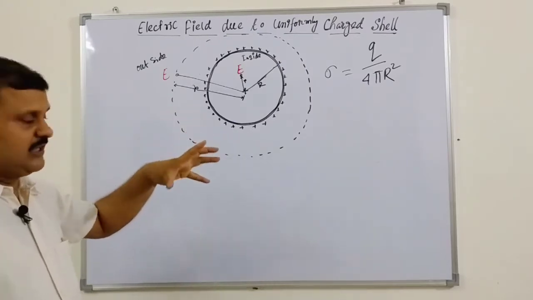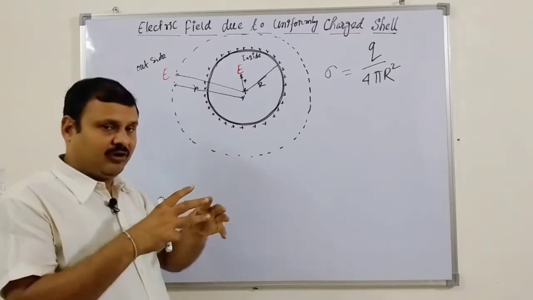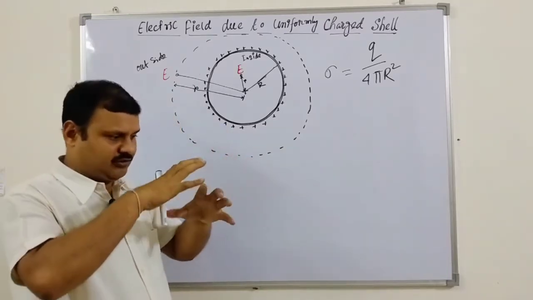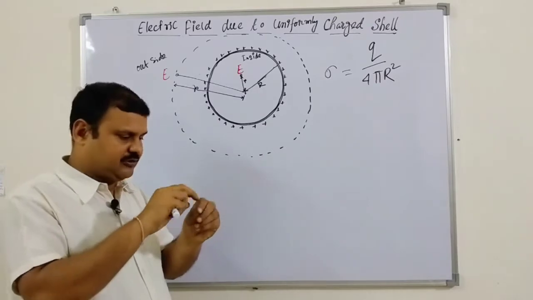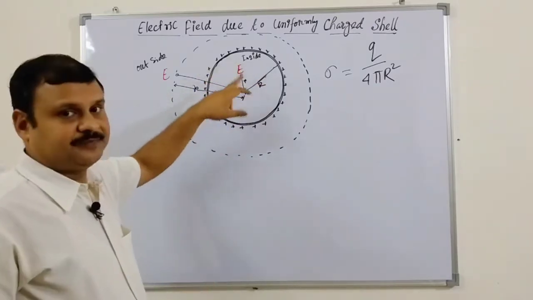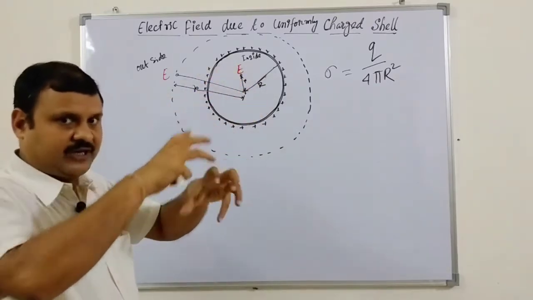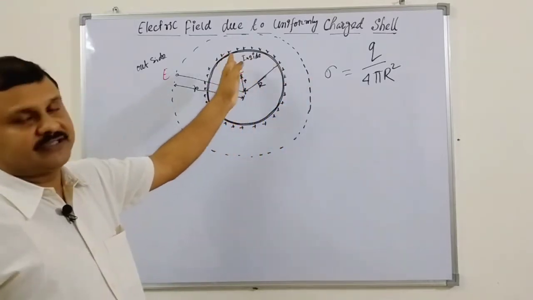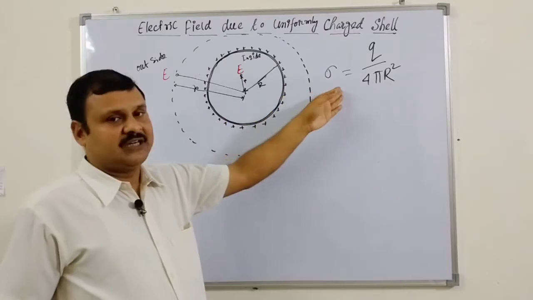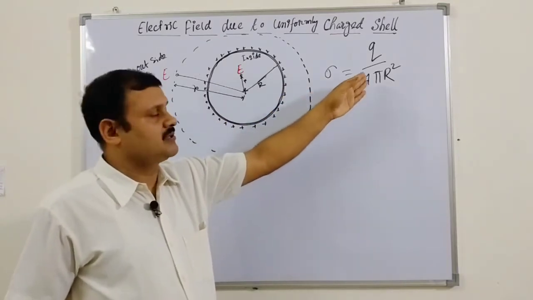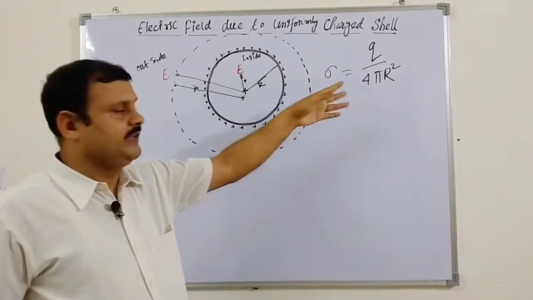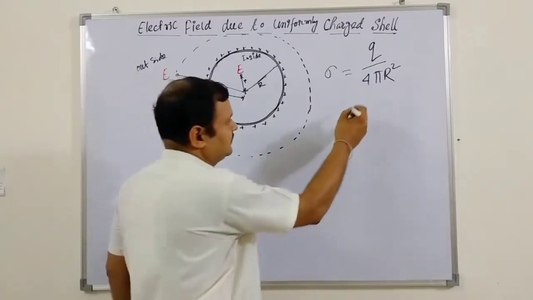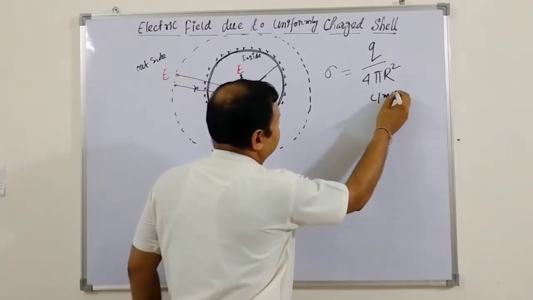And a shell is what? A shell is nothing but a ball. It is an empty ball. It's a very thin sheet, made in the form of a spherical ball. It's a very thin sheet, and it is a sphere. So the area would be 4 pi r square, and we are given the areal density sigma, and sigma is the charge content per square meter of area, and this is coulomb per meter square.